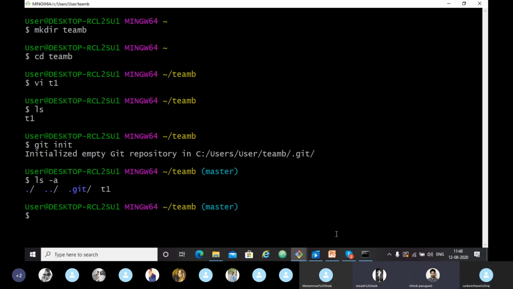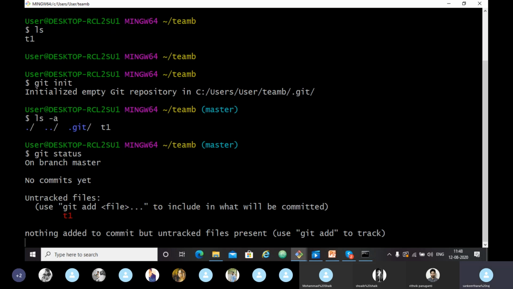Do we call it a directory or a repository? Both are the same. Until initializing we call it a directory, after initializing we call it a repository. So we initialize the directory here with the git init command.